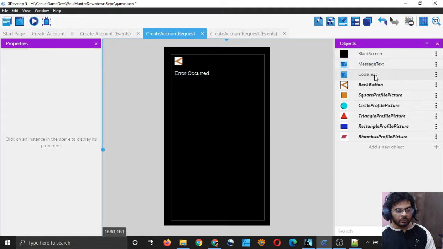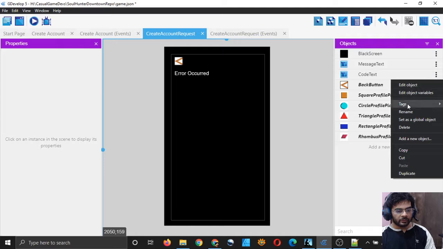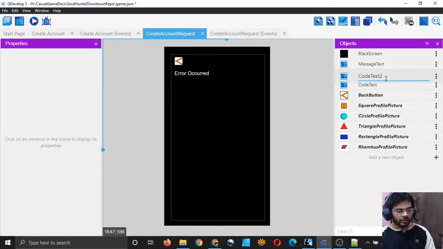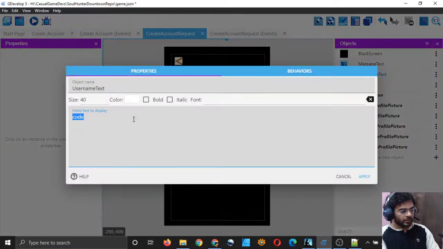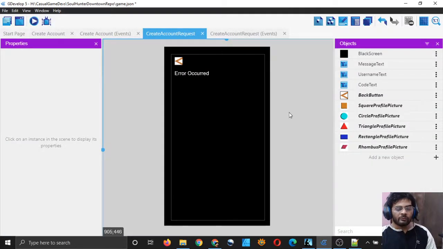I have a code text, and I will also need a username text. So I will duplicate it and type username text, right? So inside I will simply type username. Although the user may remember their username, we are going to give it to them anyway, so that they can simply screenshot this screen and keep it in their phone, so that when they have to change their password or they forget their username, they will have it somewhere in the phone, right?